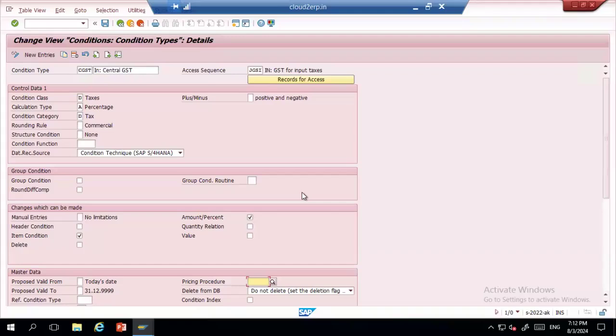So when we discussed the tax categories, we said that we have central GST, state GST, union territory GST, and integrated GST. So you can create these four types of condition types here.